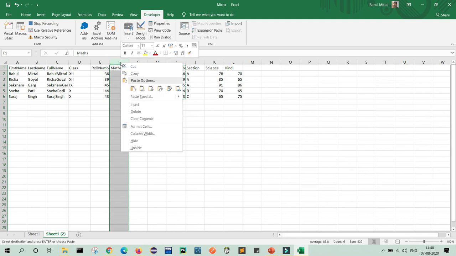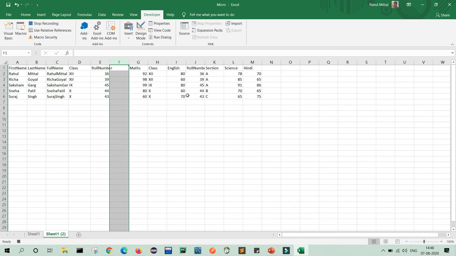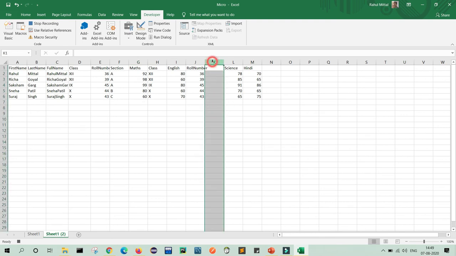Okay, I just click here and I write class roll number, and here I will give section. So I will just copy this, and in this column I will give the section. Now I just remove this here, remove this.